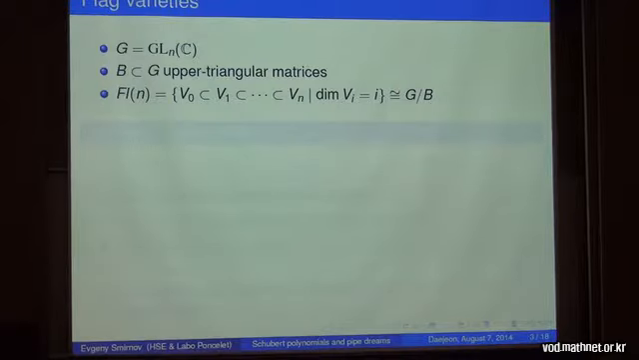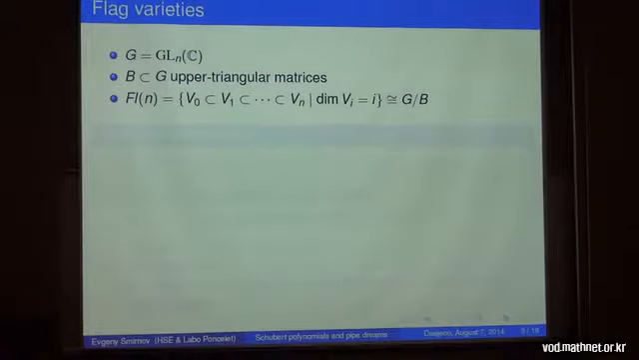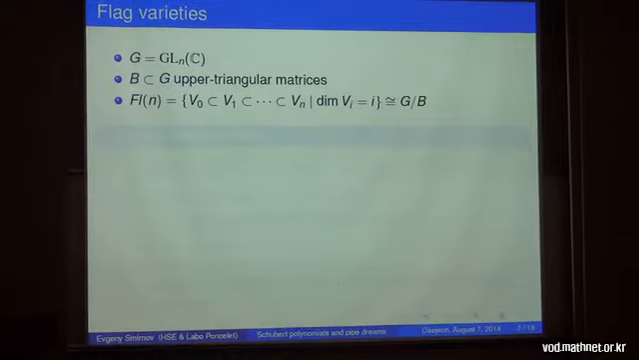In the first 25 minutes of my talk, I will work with full flag varieties of type A. So I start with the group GL_n, let's say over C, but the base field doesn't matter much. I fix a Borel subgroup. As the simplest example, you can fix the subgroup of upper triangular matrices, and you consider the variety of full flags, namely of n